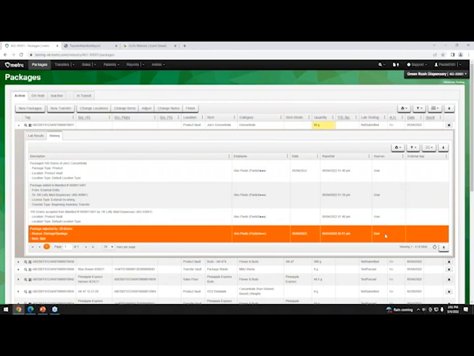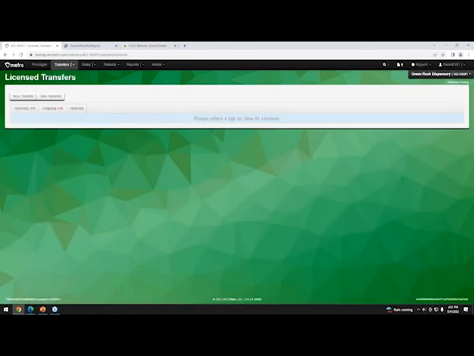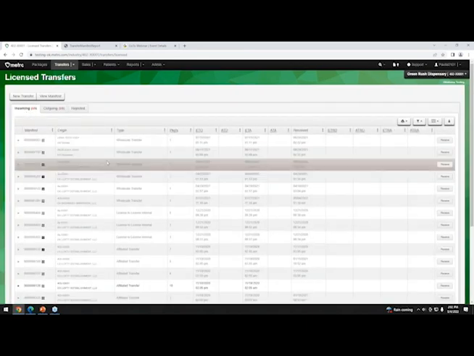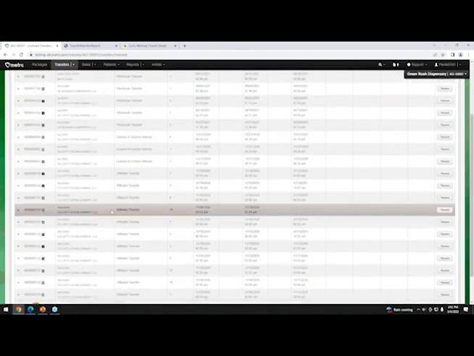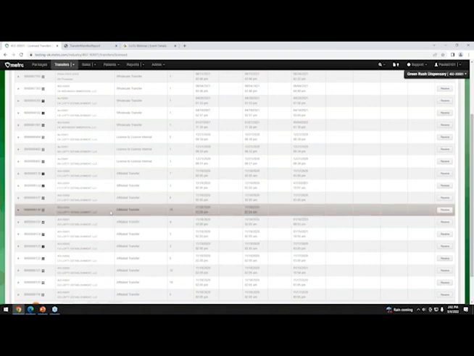So we've gone through packages, we've gone through transfers. So actually, we'll talk a little bit about the transfers piece here. So if you are receiving them, the incoming transfers. So we went through all of these. So you receive those as well. So that's really how you bring product in as affiliated. But again, if you are bringing product into the inventory, it's going to be the external transfer process.